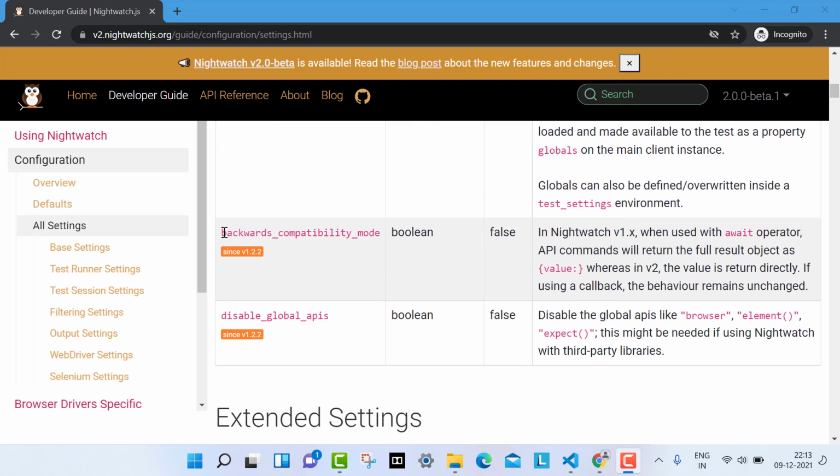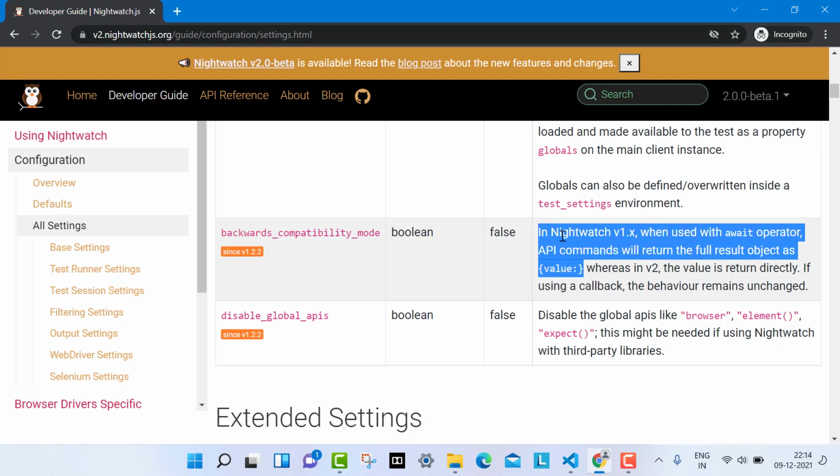Now you see that this backward compatibility mode accepts a boolean. By default its value is false. You can make it true also. What it means is that in Nightwatch version 1.x, when the user uses the await operator, the API command will return the full result object as value. Maybe you will not understand this at this time,